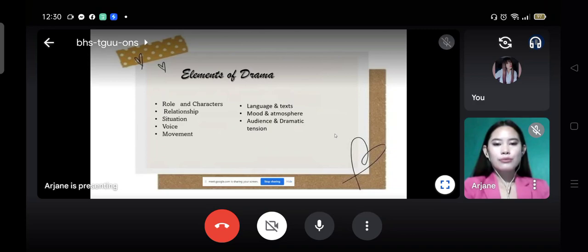And the next is the mood and atmosphere. Atmosphere and the mood are the feeling or the tone of both physical space and the dramatic action, which emerge from the performance. What is the mood of the character or the internal feelings and emotions of the actors? So usually if the actor's mood is very sad, then it is followed by a matching sudden raindrops. That's the mood and atmosphere.